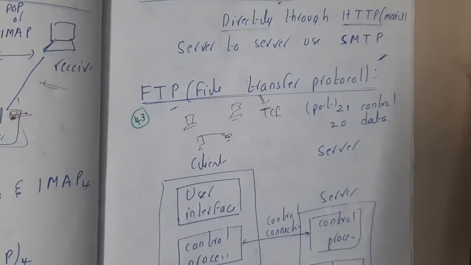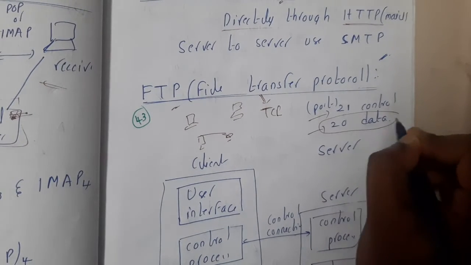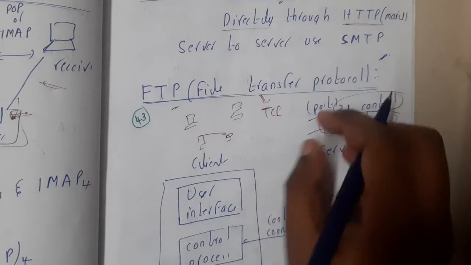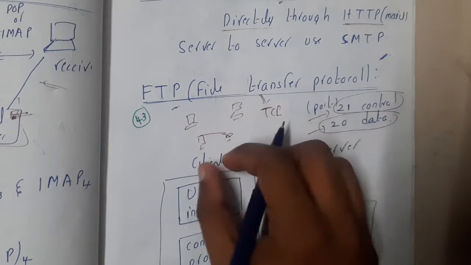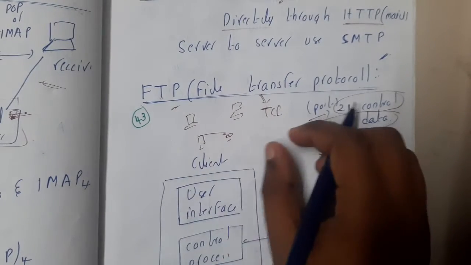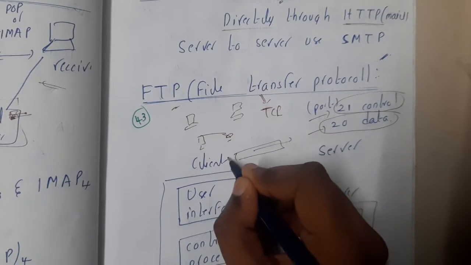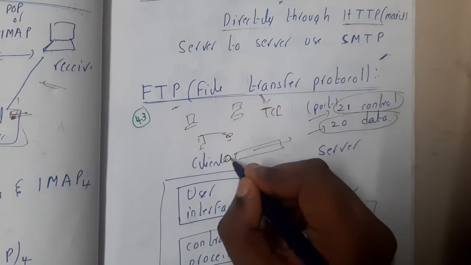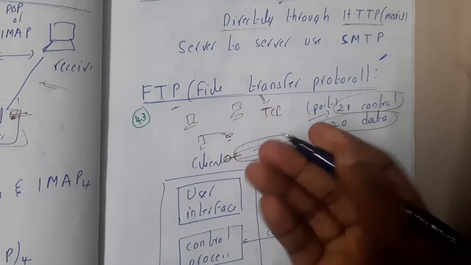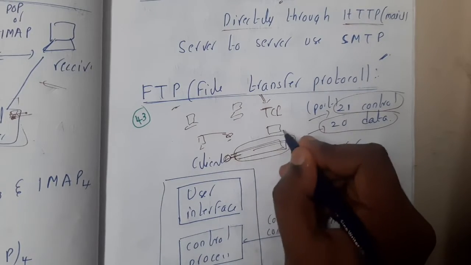Basically, here we will take two ports, guys. The first port is to transfer the data and the second port is for controlling the things. Assume that you start a transfer of data and the data is transferring, and suddenly you want to cancel it because you got some other work. If you send the cancel request on the data line, then only once the whole data is transferred will your cancel request be processed. That will take a lot of time, and after completion of the copy it will cancel, so there is no use. That is the reason why we use a separate line for data and a separate line for control.